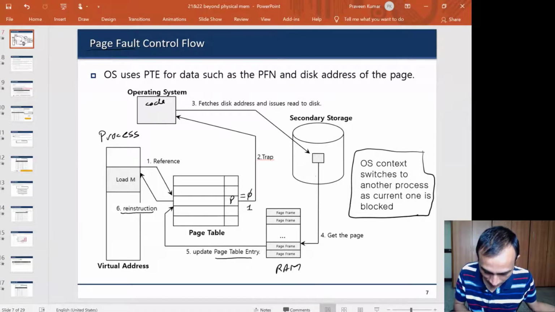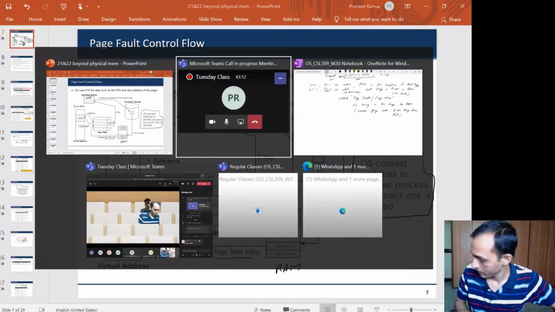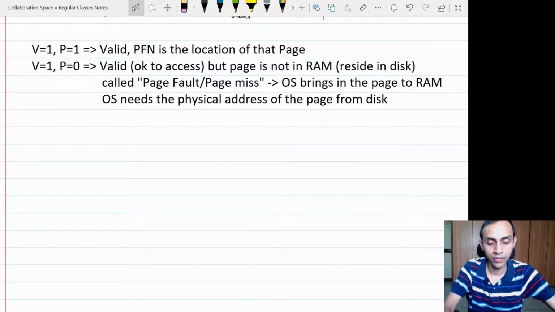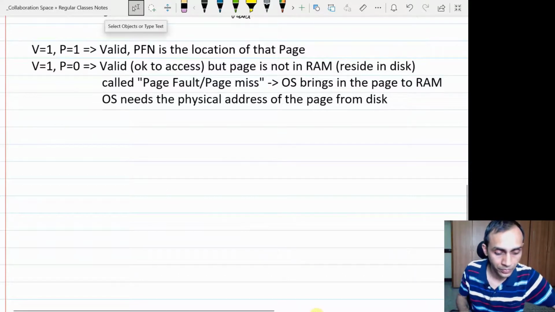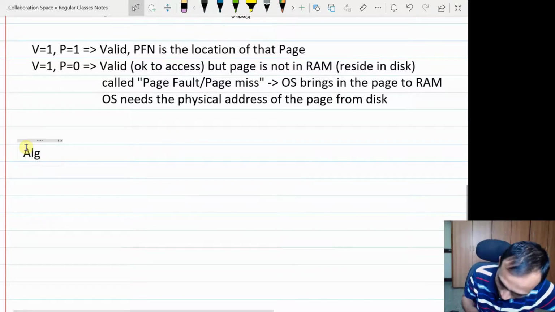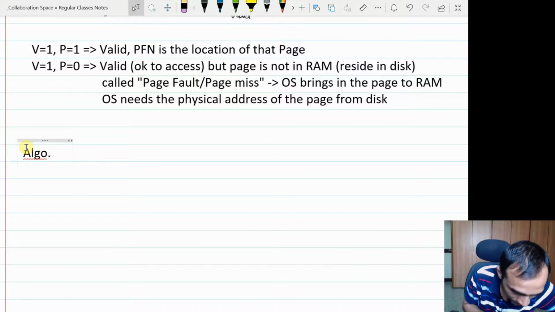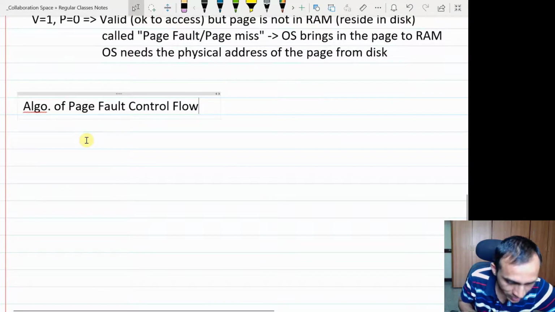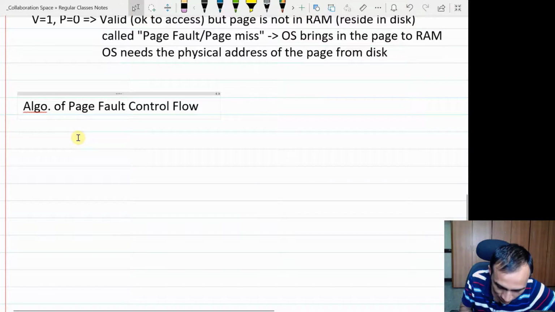But as I said, there is some details which are not here. Let me try to write that detail here. But any question till this point? I hope the logic is simple enough to understand. So I'm just going to write a brief pseudo code of the algorithm of this page fault handler, page fault control flow. It is given in the book already, but just to make it clear, which was not there, we'll just write